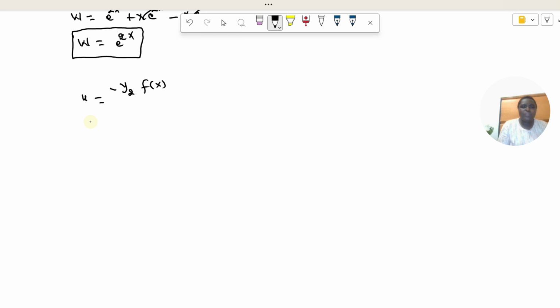And what is f of x? f of x is the right hand side of our differential equation, over the Wronskian, and this is the derivative of u1, and the derivative of u2 is equal to y1 times f of x